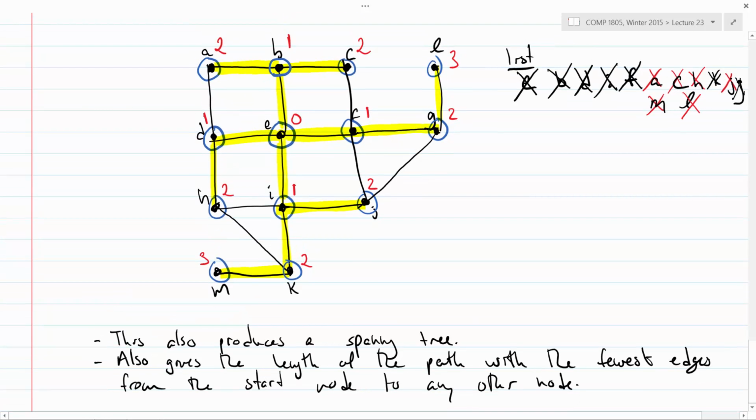So it seems like it matters where I start. So could I use this to get the length of the shortest path from, say, H to F? Is that going to always work? Yeah? Could you add together from E to H? So I could take the path from E to F and the path from E to H. In this case, that would give me a path of length 3. Unfortunately, that won't always be the shortest path. It will always be a path, so you'll get an upper bound on the length of the shortest path. But unfortunately, there are cases where this doesn't work out quite perfectly.